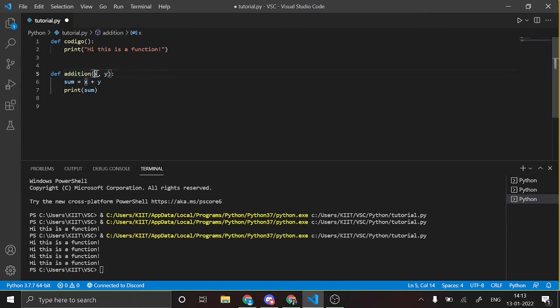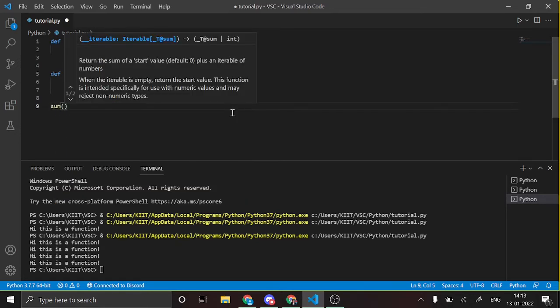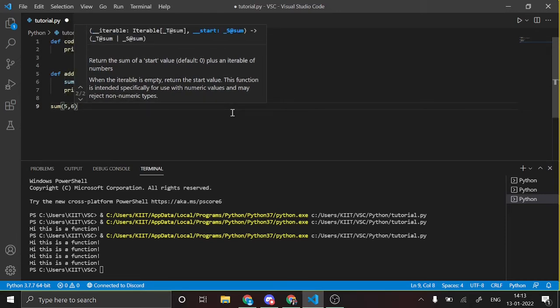Now, when I go here, these variables in here are called arguments. So this is a function called addition and its arguments are x and y. So now when I call the function sum, I will want to pass in my arguments. So for example, I put in 5 comma 6,